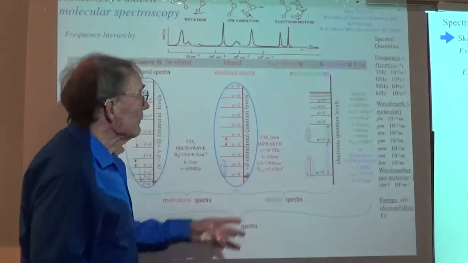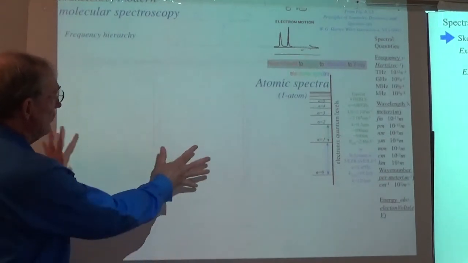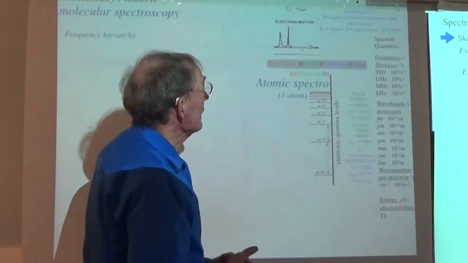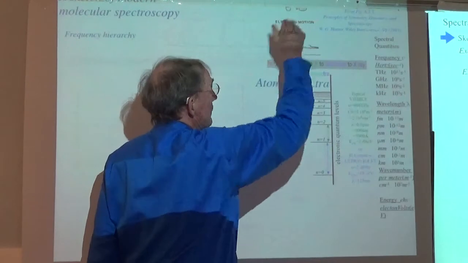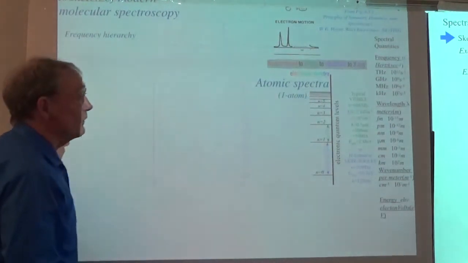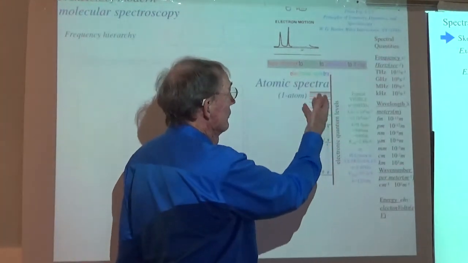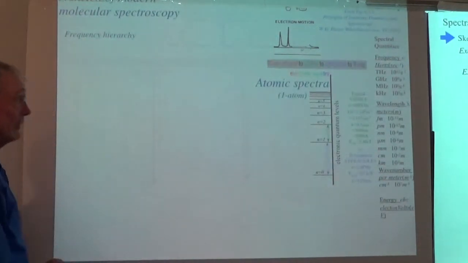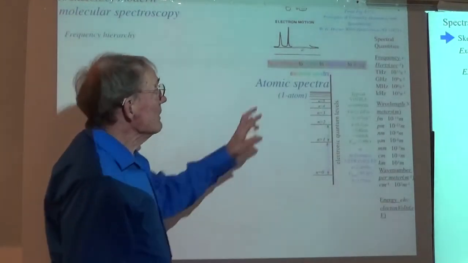Anyway, if that's all we had, and that's what I have in the next slide here, if I just erase all these other guys and just look at the spectra of an atom, then there aren't any but one nucleus. So it's just the electrons around one point. There's a lot of physics in that, particularly if you start doing larger nuclei, more complicated atoms than hydrogen. But in any case, that is a lot simpler than what we're attempting to do, which is allow there to be at least two, or better yet, three nuclei,